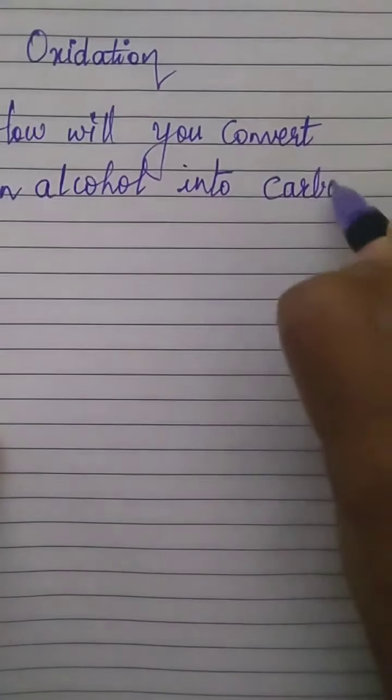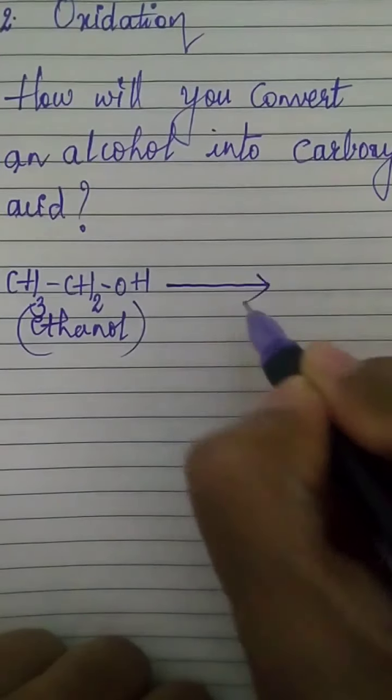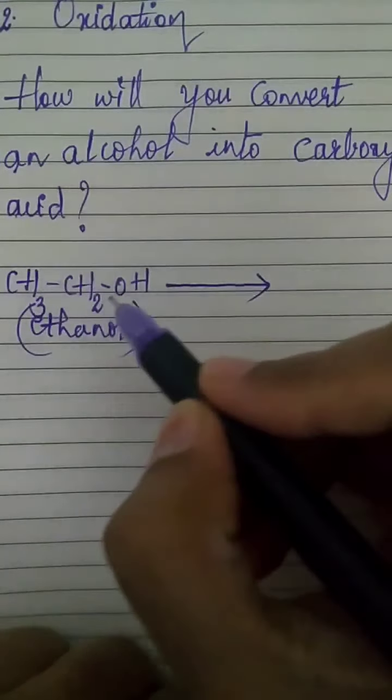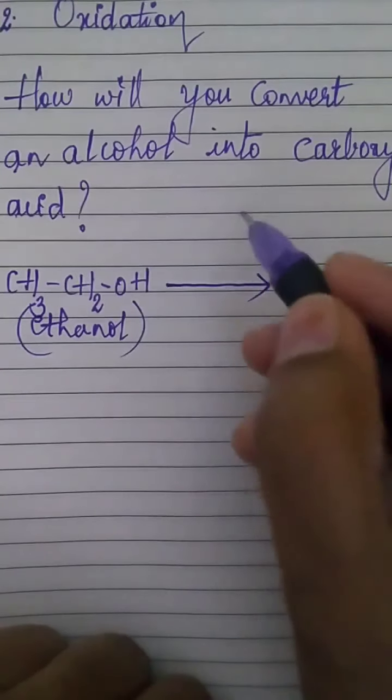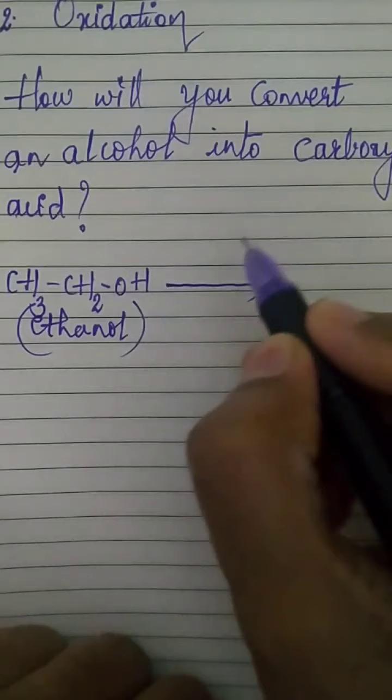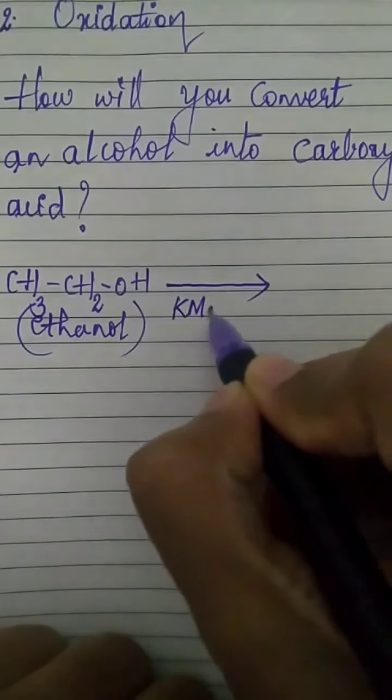We will take the alcohol, ethanol, CH3CH2OH. Ethanol is a very frequently used reagent or carbon compound in most of the types of reaction that we are going to study. So this is ethanol. Please write the name of the reactant and the products. Even if I miss out, you have to write it out, children. So we have ethanol. इसको oxidize करेंगे. It will undergo oxidation. That means ethanol will gain oxygen. Who will give oxygen? Oxidizing agents like KMnO4.